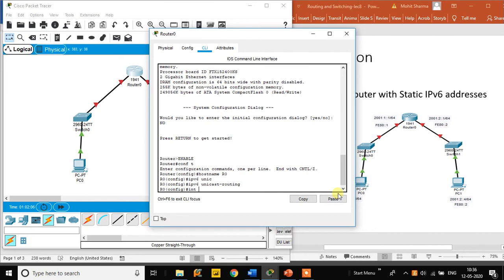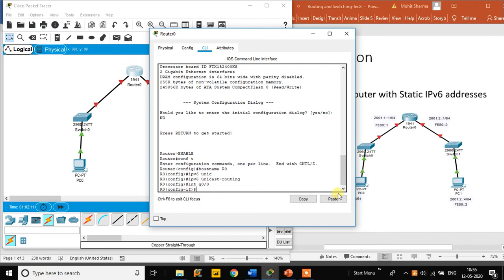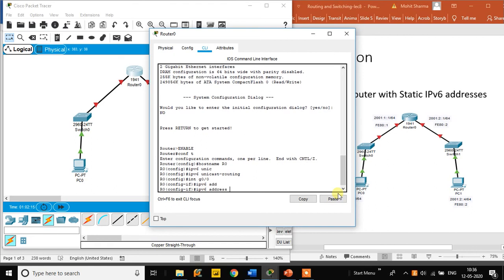After that we have to move to the G0/0 interface. Once we are in the G0/0 interface, we have to provide the IPv6 address. The IPv6 address for the G0/0 interface is 2001:1::1/64. So we have assigned the IPv6 address.